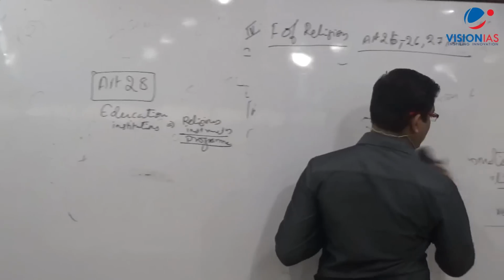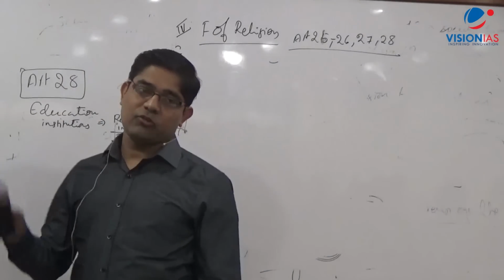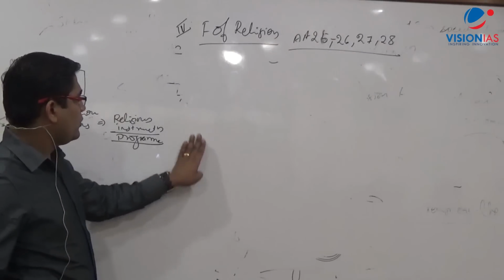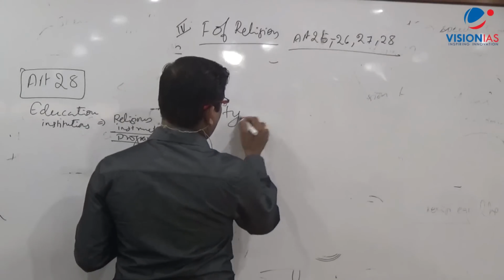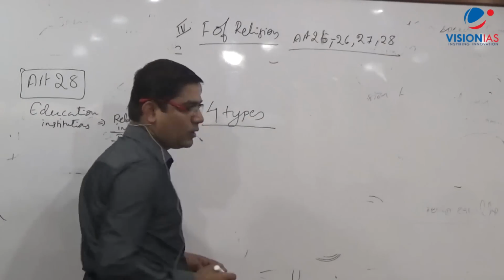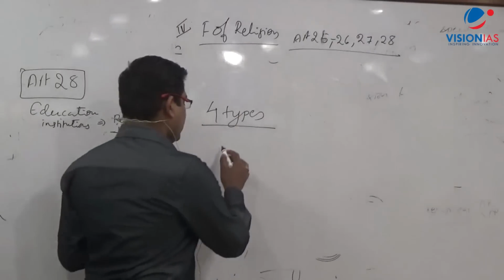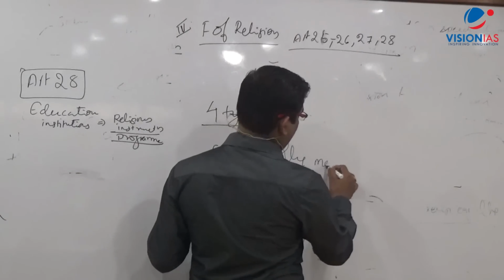Many a times a question is also asked, how many categories of schools have been divided, meaning classes of schools under Article 28? So the answer is 4. Okay, there are 4 types and we will see what the situation is in the 4 types. Different schools have different rights. First is wholly maintained